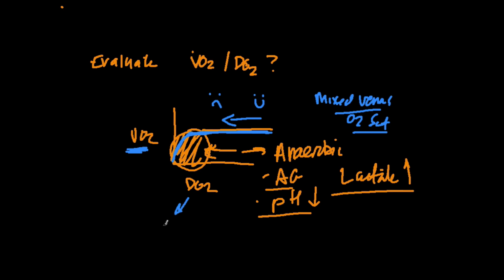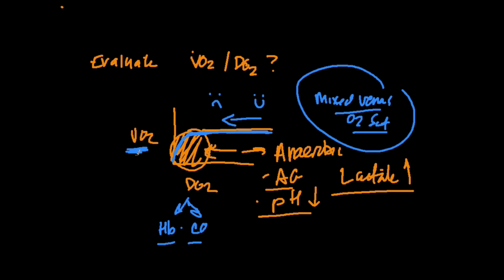And that can mean that you've got a problem with changes in either your hemoglobin or your cardiac output. Mixed venous O2 sat obviously involves hemoglobin, cardiac output, or VO2. So the more of these factors that you can hold constant, the stronger your inference is that it could be due to the final factor that is not constant. And again, there's not any mixed venous O2 sat that's diagnostic for shock per se,